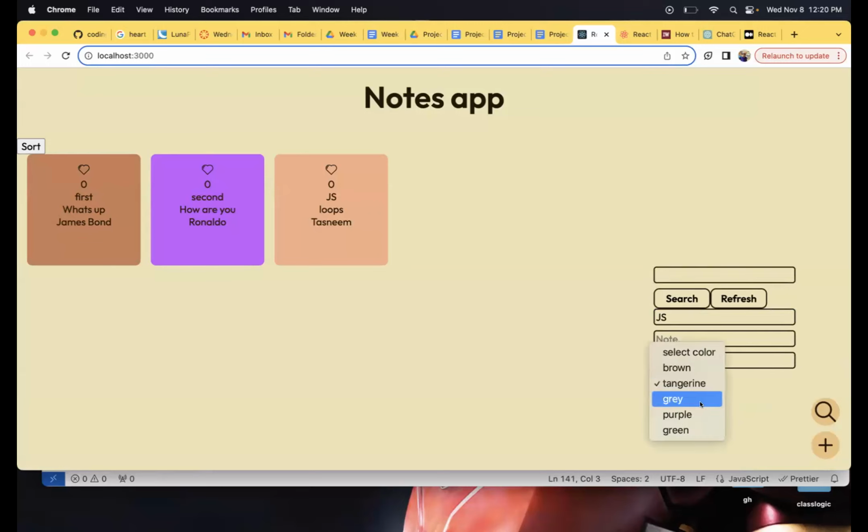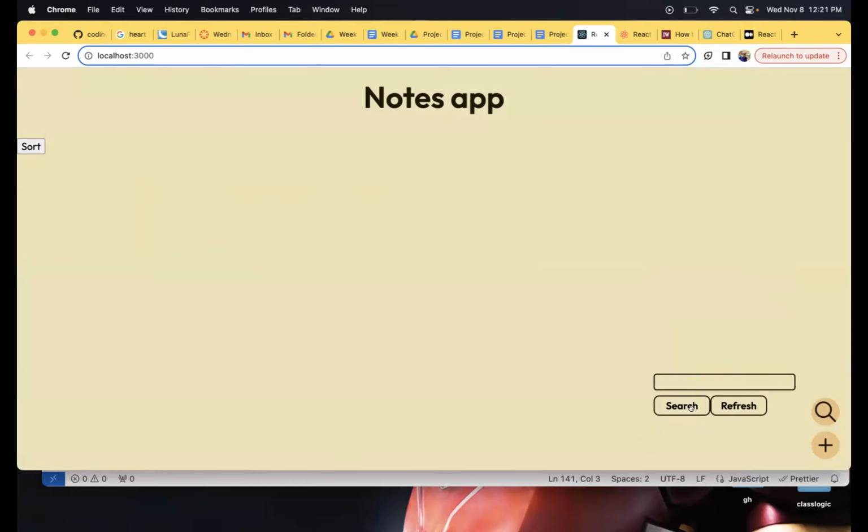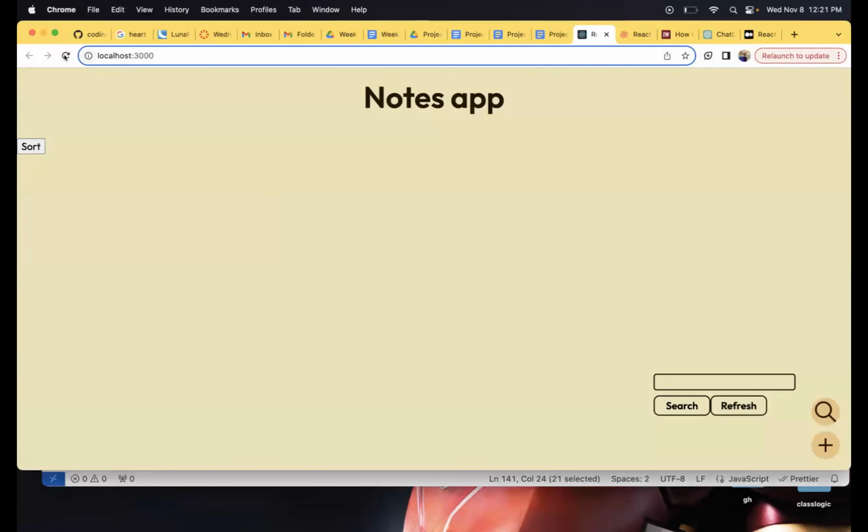Refresh, let's change the color to, I don't know, maybe purple. For this, let me maybe set this to, what can I write? Arrays, save. So, okay, no. Did not work because I pressed that early.